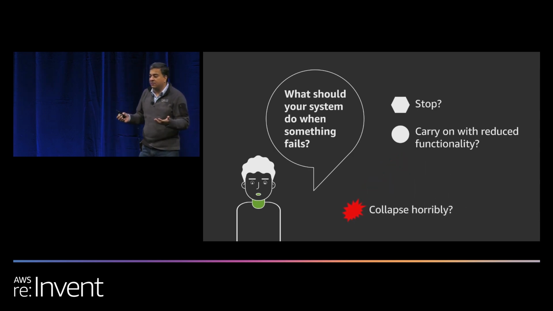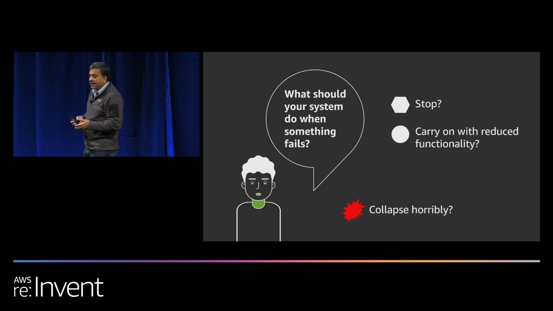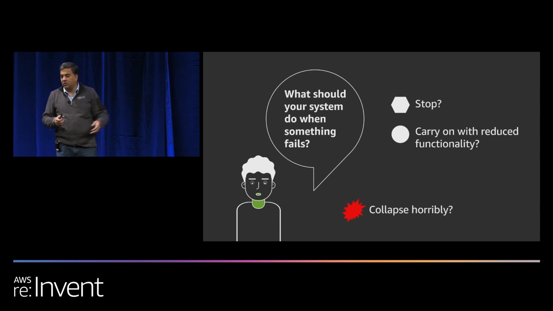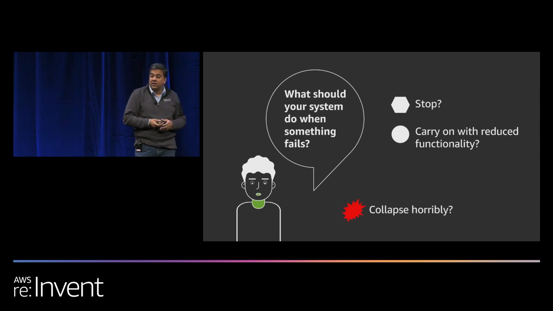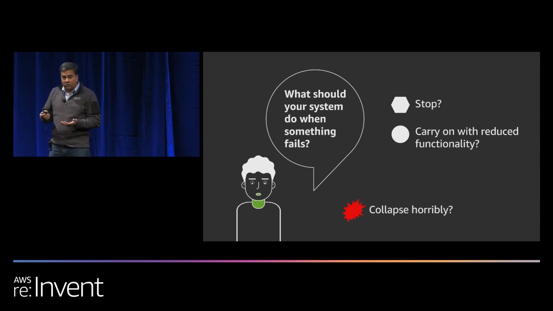Because then now you have traversed application code paths that have never been tested. You don't know what's going to happen. There's going to be memory corruption. You're going to have misleading values, things like that, which are not going to be helpful in your outcomes, right? So that's an important part of continuous resilience.